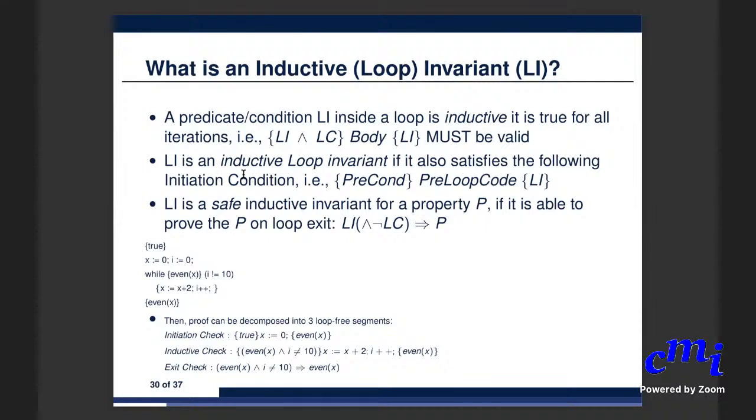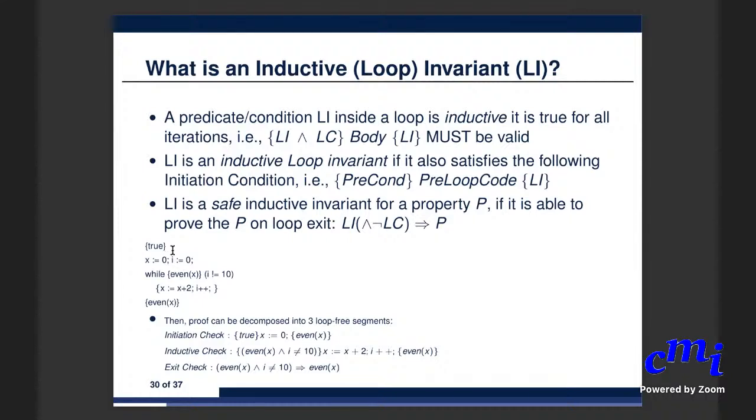Okay, these two conditions together guarantee that the first time you get to this location from the entry point, even is true. That is guaranteed by the initiation condition. And the inductiveness property of this predicate ensures that no matter how many times you go around the loop and come back to visit this location, which is the head of the loop, that Li, which in this case is even of X, will be true. So these two put together is what makes it an inductive invariant. It's inductive as well as an invariant,